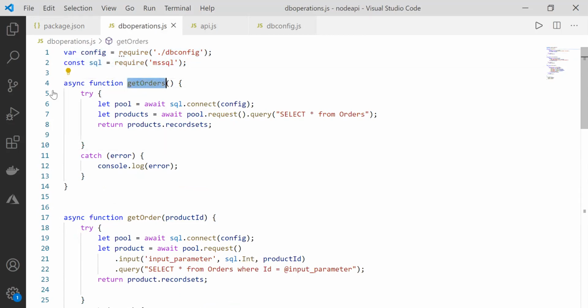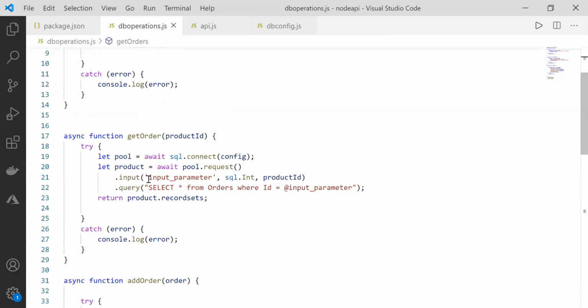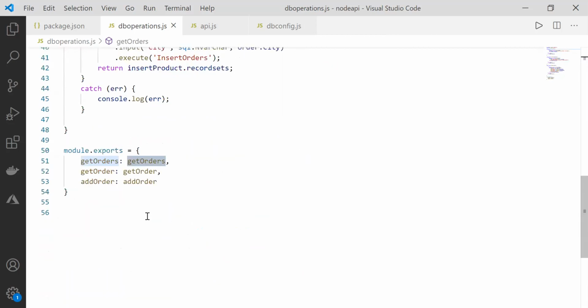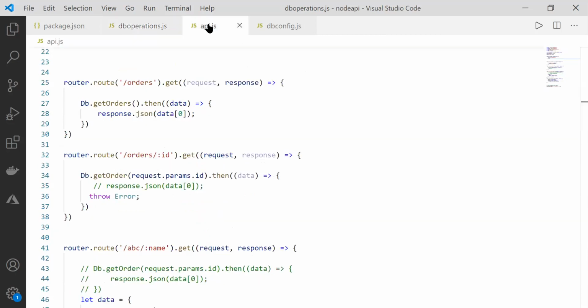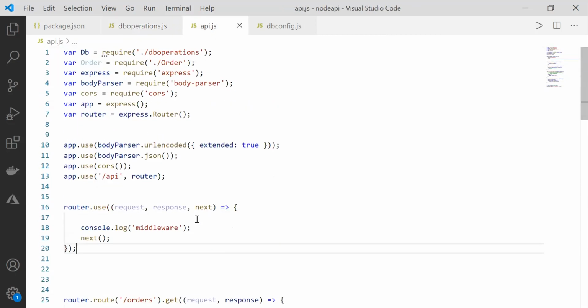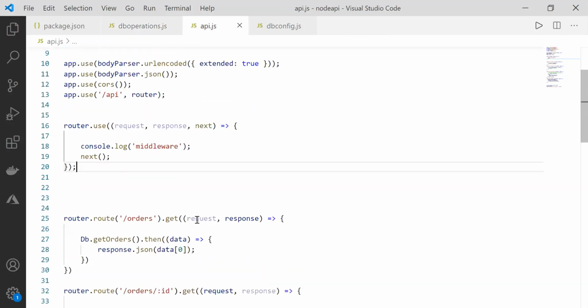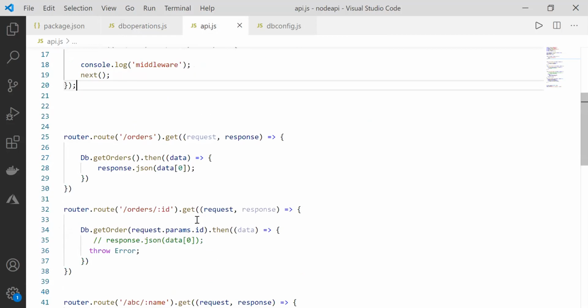Then we are saying getOrders. It's asynchronous, which is going to return a promise. And simply connecting, await request, select star from orders. Okay, getOrder, some functions, addOrder, and all that. And then we are exporting those functions. So this is dboperation.js, and then in api.js, what I'm saying is, if whenever a user is coming to the